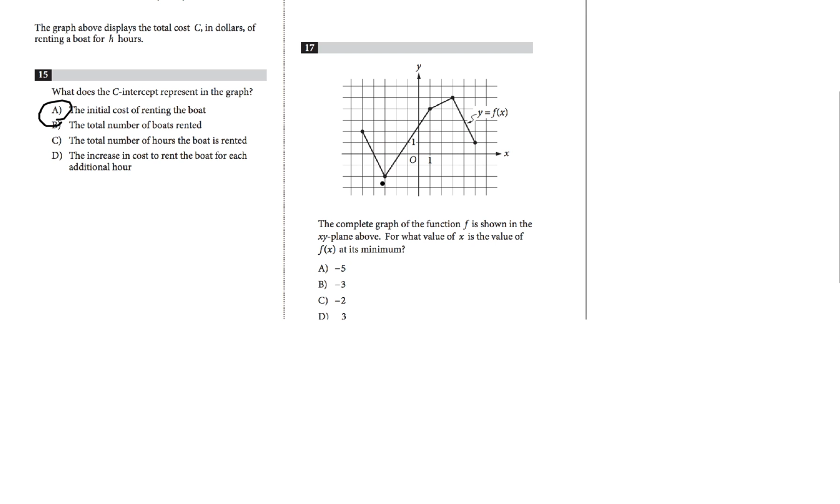So where's the minimum? We can all see it's right there, right? So what value of x is it at its minimum? You just count over 1, 2, 3. It's negative 3. So the answer is negative 3. That was easy. It's always easy when you watch someone do it, though, isn't it? All right, next